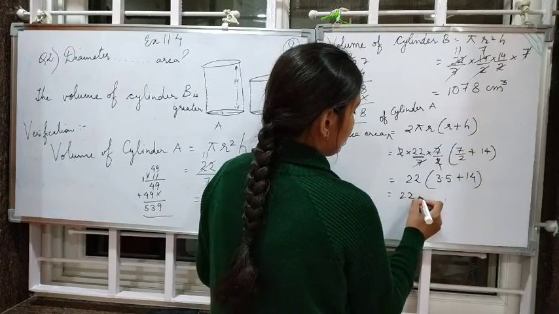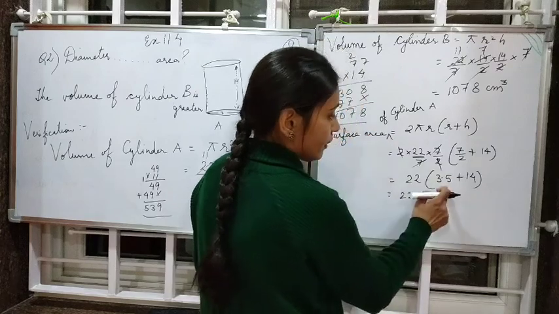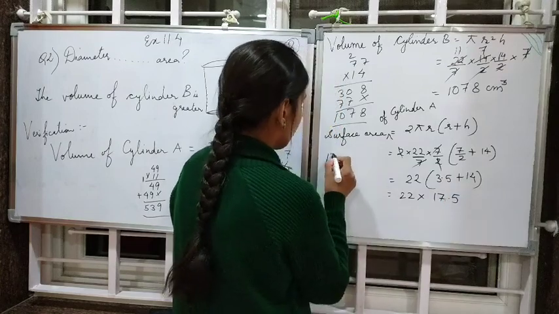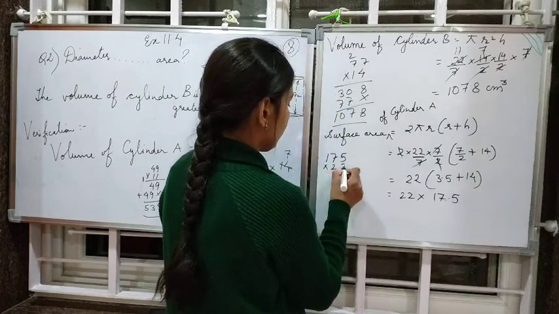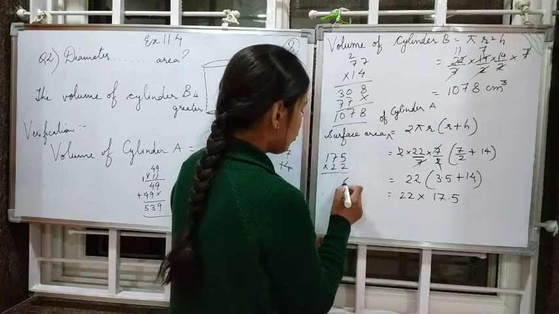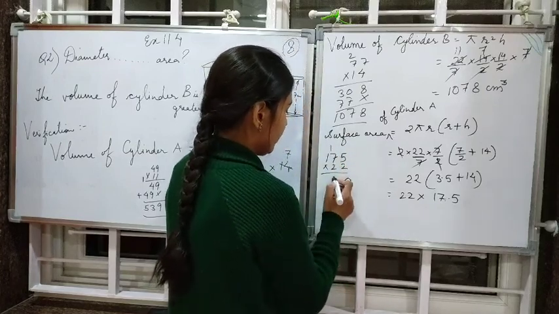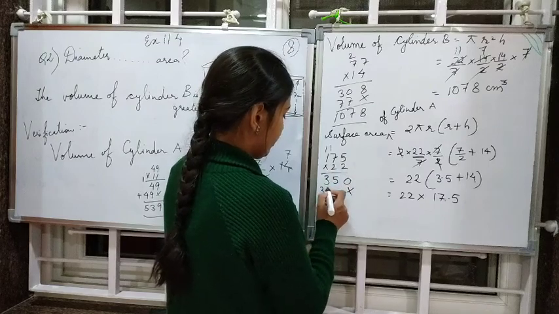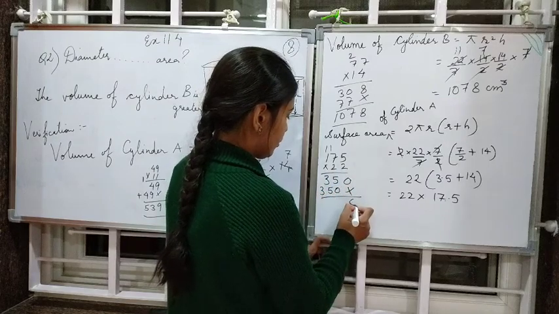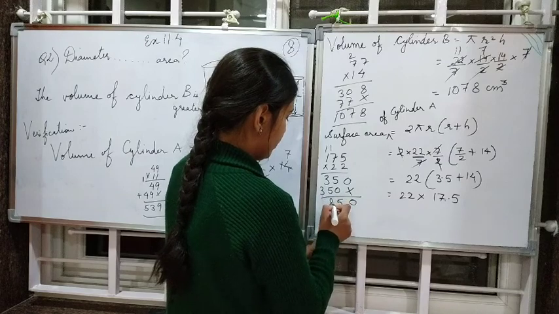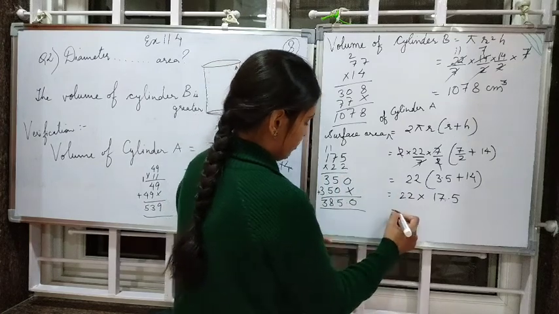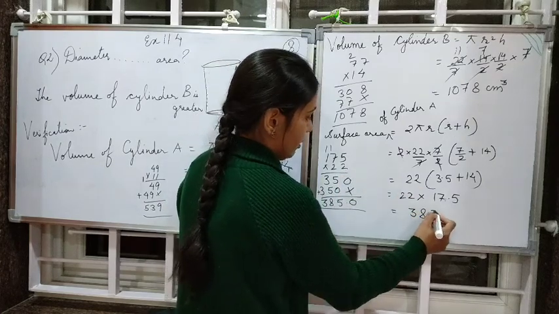So 22 into 17.5. Now 17.5 we multiply by 22. 2 5s are 10, 2 7s are 14, 15, 2 1s are 2, 3. 350 once again. So this is 0, this is 5, this is 8 and this is 3. 1 place decimal, so here also 1 place decimal. So the answer is 385